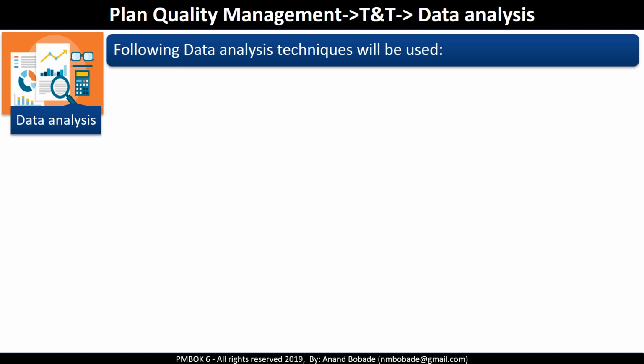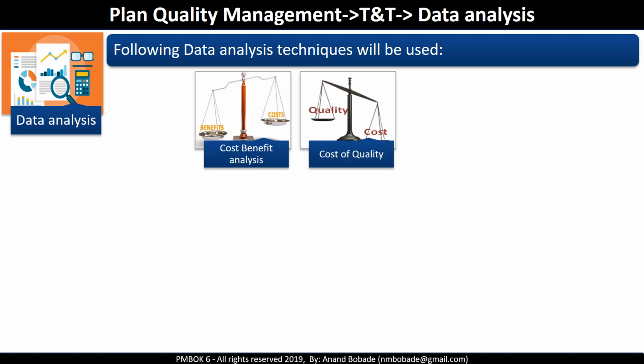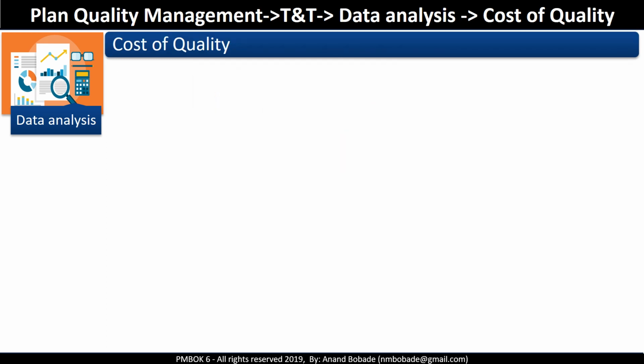Data analysis techniques used are cost-benefit analysis and cost of quality. Let's look in detail. Essentially, cost of quality and cost-benefit analysis are doing the same thing. They make sure that the planned quality activities are cost-effective. In other words, the cost of prevention and appraisal of defects need to be less than that of cost of